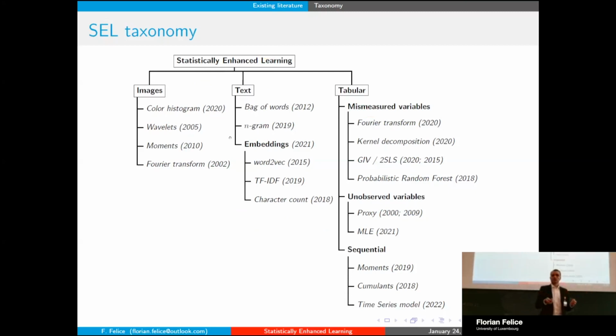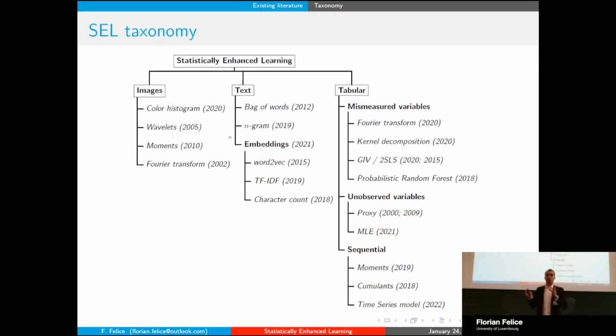If you look a bit carefully, for example, you may realize that you have some techniques like just taking moments. So you have a variable in your data set on which you compute the mean, for example, and the variance, and then these means and variances, you put them into your model. So that's possible in image data for computer vision. I'm just going to illustrate that with an example in the next slide. But you also can get something similar, for example, with sequential data or tabular data, where you can also compute means and variances and include that into your model.